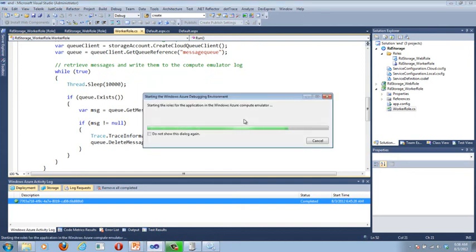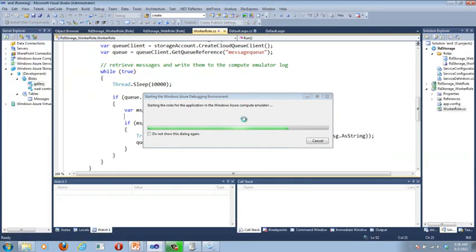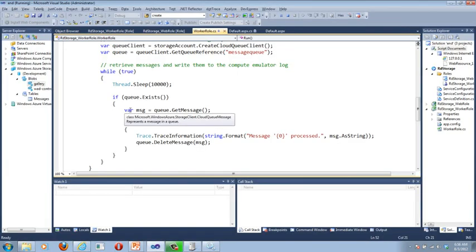So when I run this thing, I'll drop 3 or 4 messages on there. And I'll actually set a breakpoint in here. So if it actually finds a message,